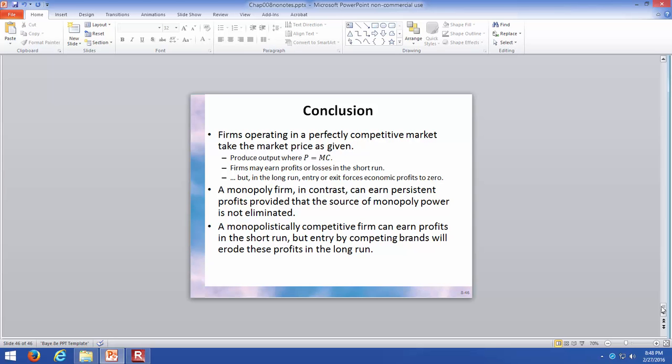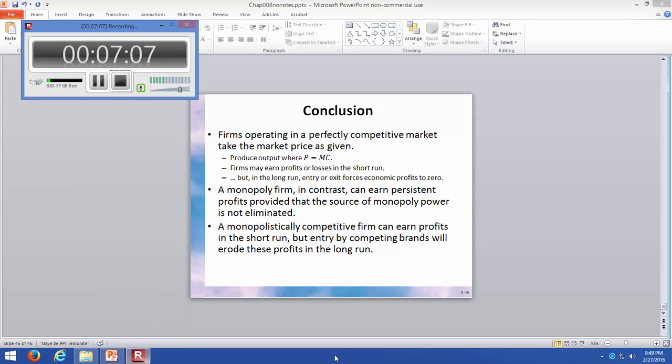A monopolistically competitive firm can earn profits in the short run, but entry by competing brands will erode these profits in the long run. So what we find is that initially, they will earn profits, but after some time other firms will get into the market to capture